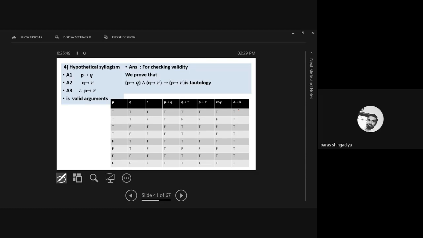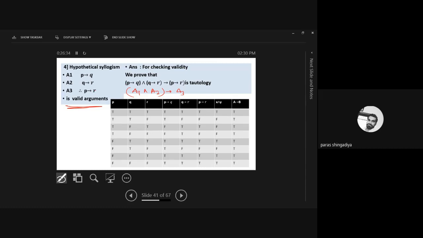Okay. So let us complete this one, and then the rest of the four are for your practice. We'll discuss during the lab session also. So the fourth one is called hypothetical syllogism. The formation of this hypothetical syllogism is P conditionally Q, Q conditionally R, and therefore P to R. Okay. P to Q, Q to R, and therefore P to R. Clear? So that is one formation we have, and check whether its validity is valid or not. Clear? So first create a formula: A1 and A2 conditionally to A3. Okay. A1 and A2 conditional to A3.